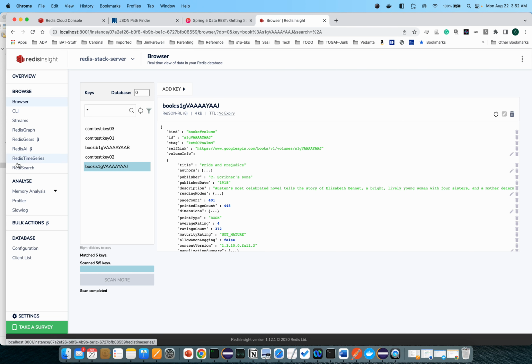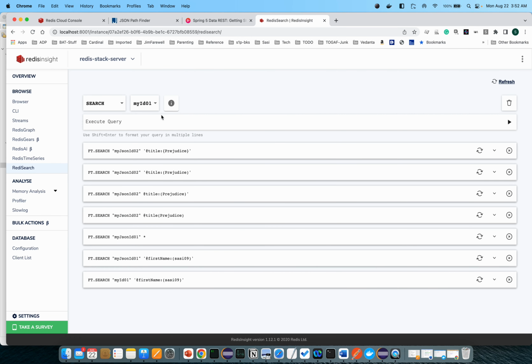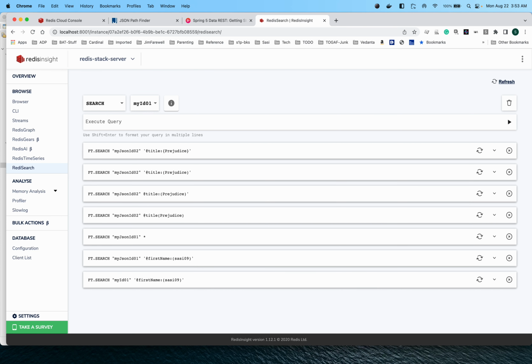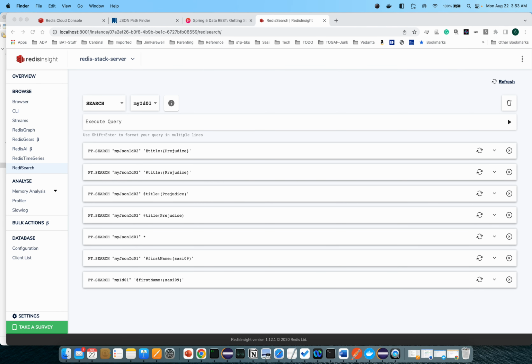Now, is there an easier way than the CLI? That's where Redis Search comes in. Here it's a nicer graphical interface. You don't have to write that long syntax. Instead, it creates the syntax for you. Let's see how. Firstly, I'll select the first index, the my id01, and then see how the search that we did with ft search can be simplified. So all I have to do is